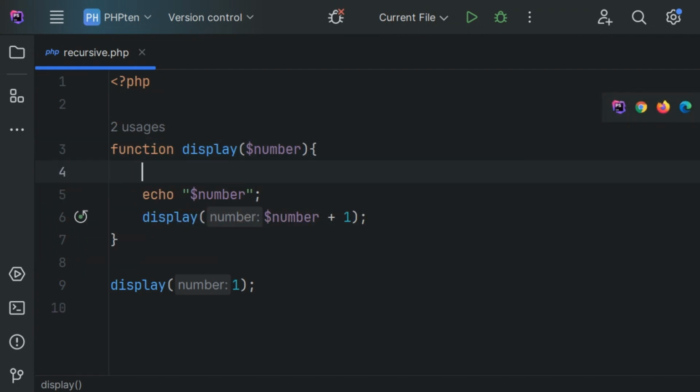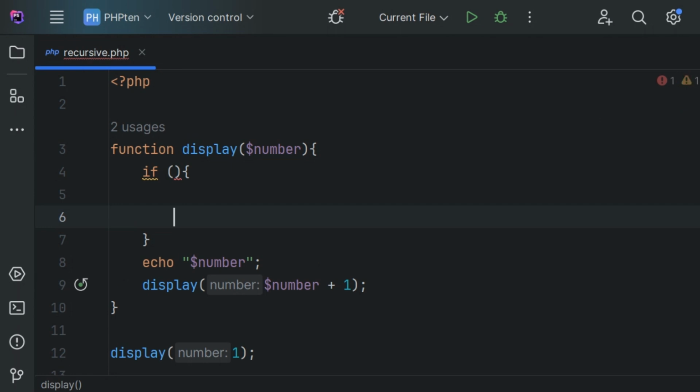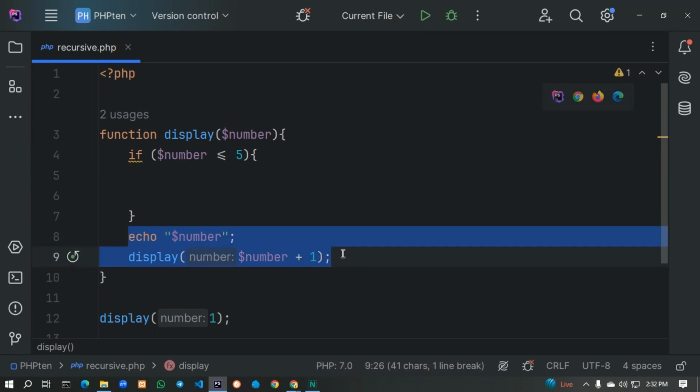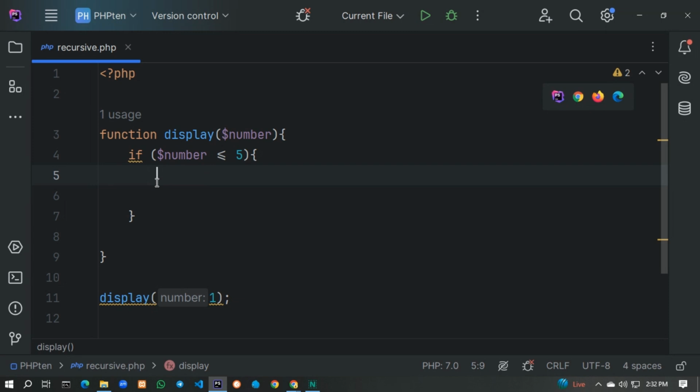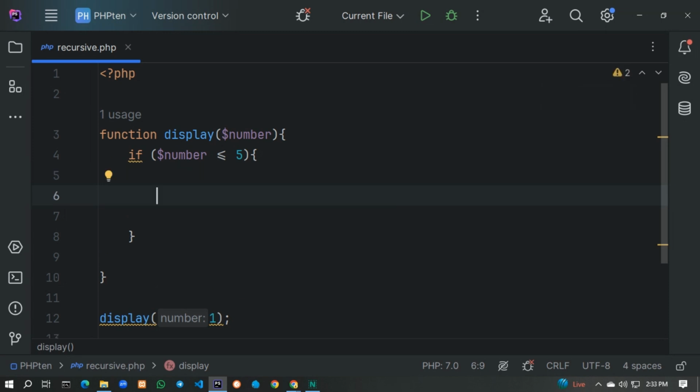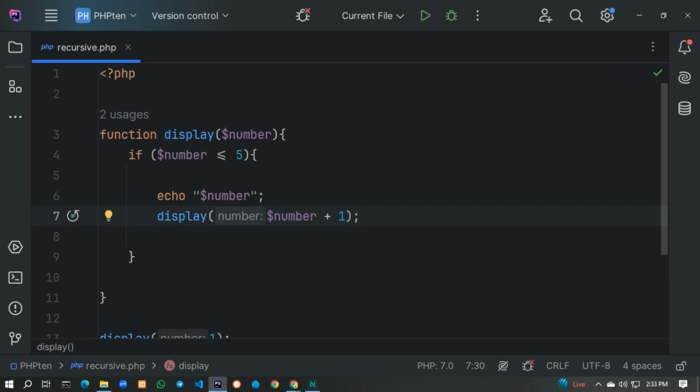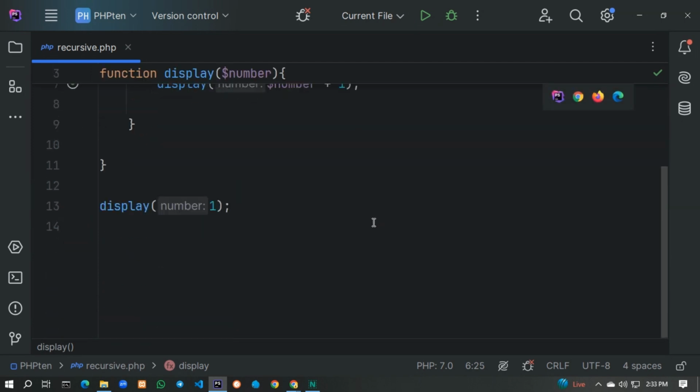So we add a condition: if the number is less than or equal to 5, then it echoes, and we can use a space here, then display the number. Okay,